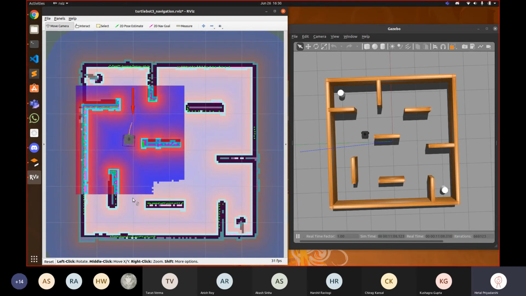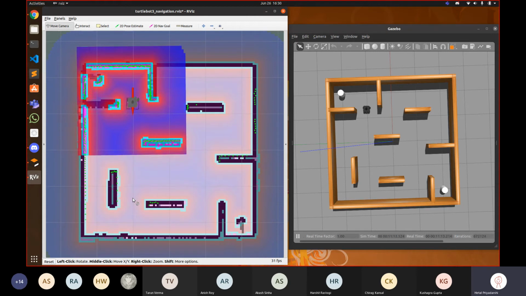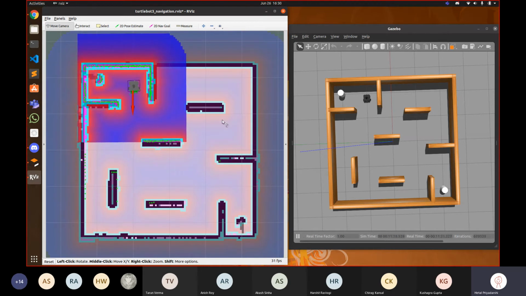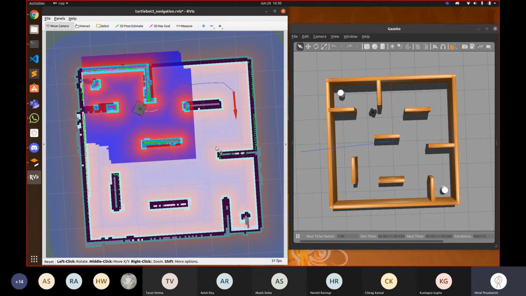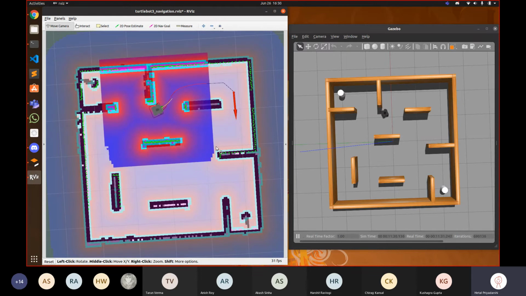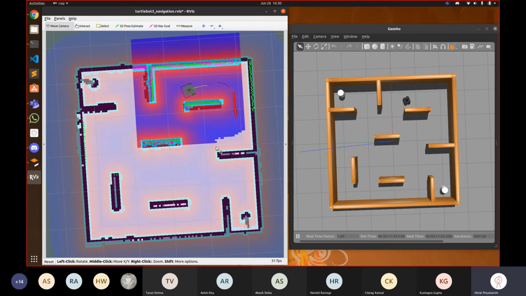And when you work with mobile robots in your projects, an inevitable part of that will be SLAM and navigation. For that, you'll need to use Gazebo, you'll need to use Rviz, and you'll need to do this mapping part and this navigation part. That's what we've told you now. To show all this to you, we used a pre-built robot, right?